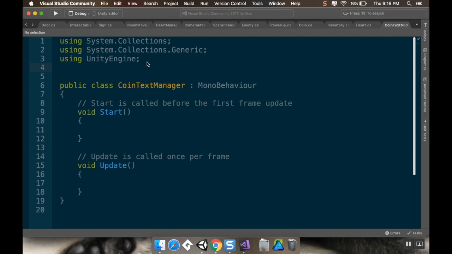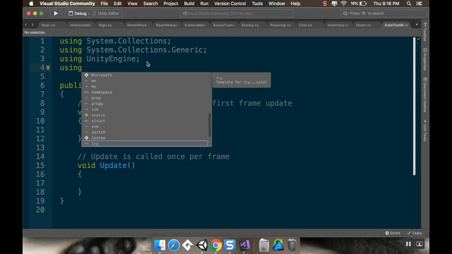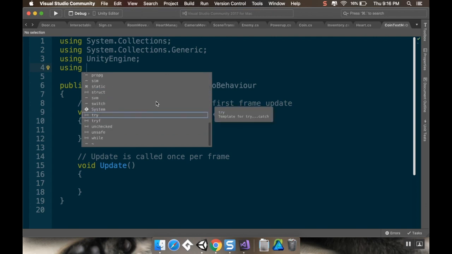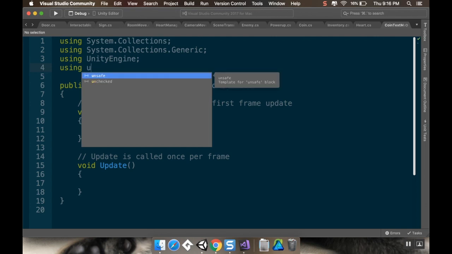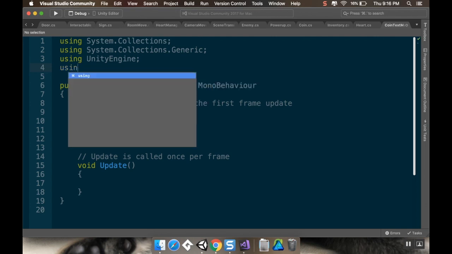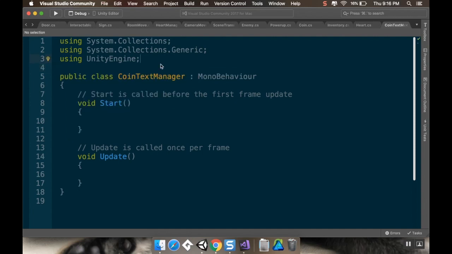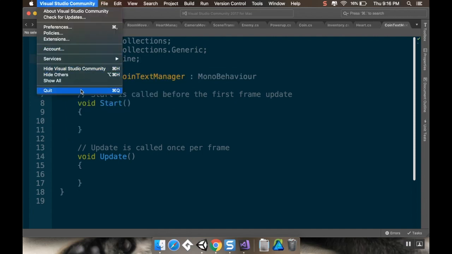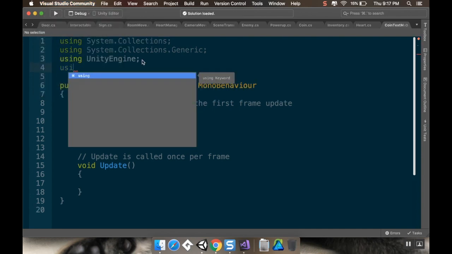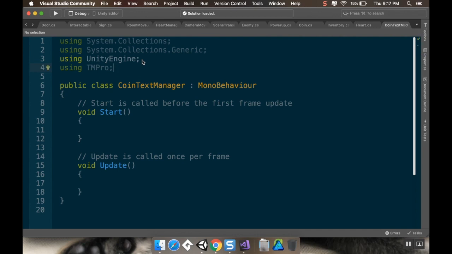So instead of doing using UnityEngine.UI, I have to do using, I think it's TM Pro, I thought. Using, oh, it doesn't even want to recognize anything. Oh gosh, I have to restart Visual Studio again. All right, I'll be right back. Okay, here we go. So using TM Pro, I'm going to save this,